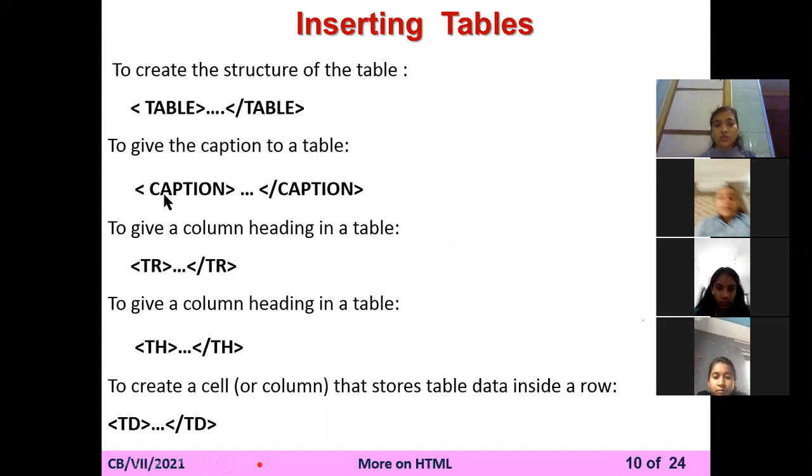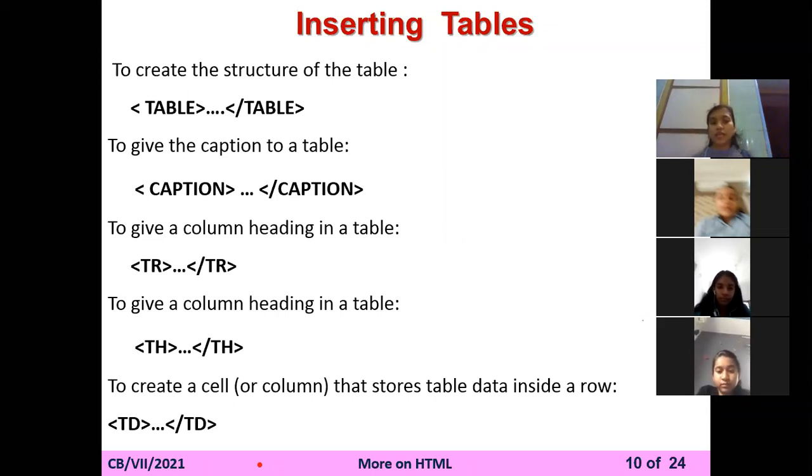Okay, next two things are caption. Caption is used for the heading of the table, that for whom you have made this table. If you want to put any caption, then you will use the caption tag. And the TH means the heading of the row. For example, when you have seen a time table, you saw that the time is also written and the days are also written on the side. If you want to bold them, then you can use the TH in the web page. The time table sheet we sent you was in Excel, so everything was in bold, right? But in a web page, not everything comes in bold.